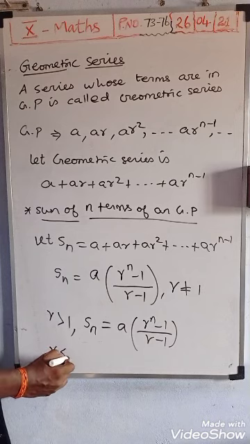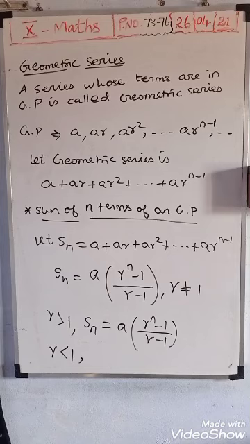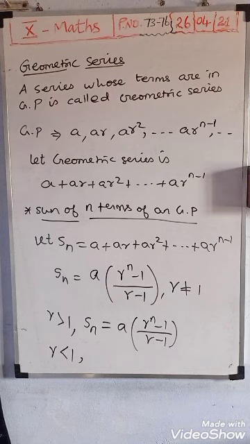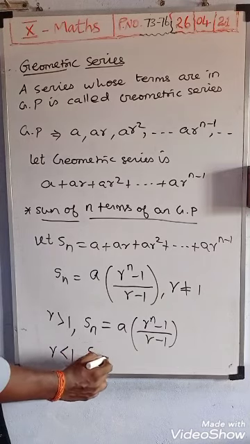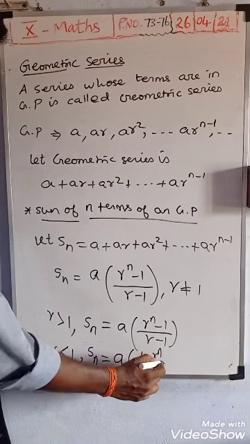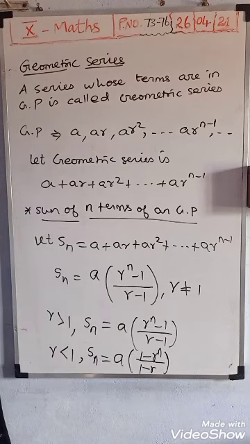Suppose r is less than 1, compared to 1 we are getting a smaller value, the ratio is a smaller value. Here, what is the meaning of a and r? You know, a is called the first term and r is called the common ratio. So here the common ratio value is less than 1. Then the Sn formula is: sum of the series is a into 1 minus r to the power n divided by 1 minus r. In your book generally it is given with r not equal to 1. While solving the sum we can apply this formula.